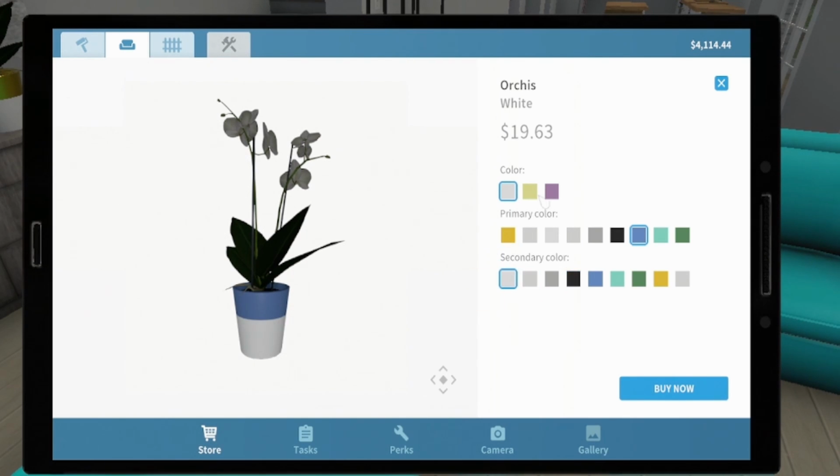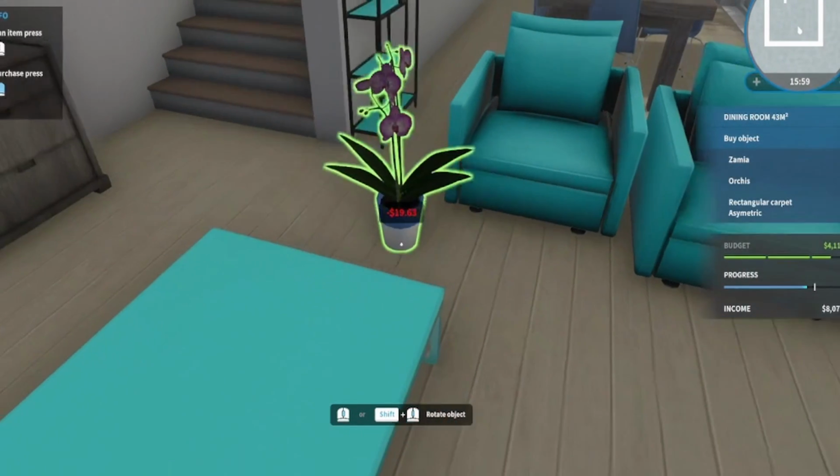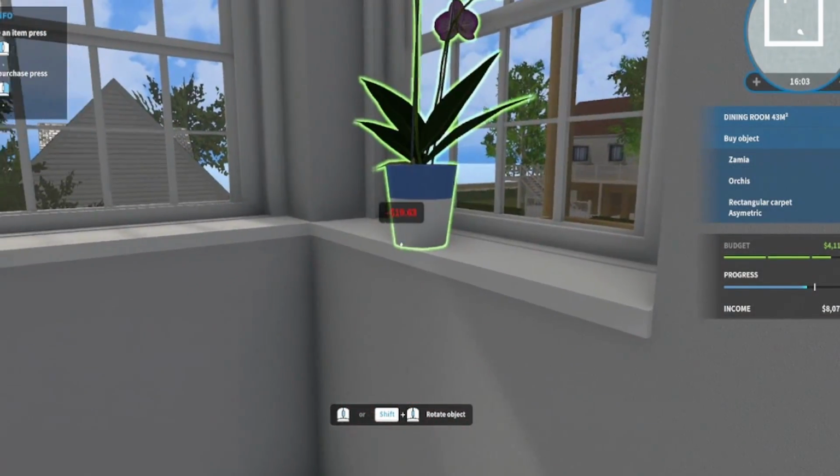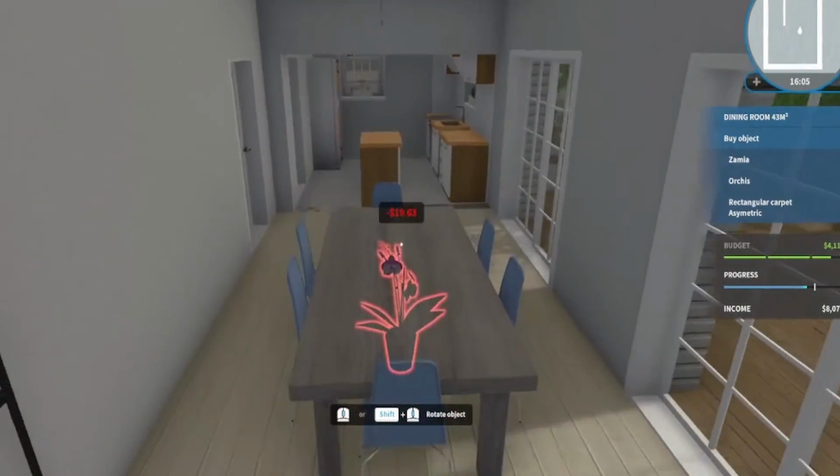Okay, so that looks good. And then the primary colors of the orchids. Ooh, I love that. Okay, so yellow or purple. Ooh, I love the purple one. Oh, yes. Yes, yes, yes. And we can actually put the orchids up there, but I think I want to put this like...